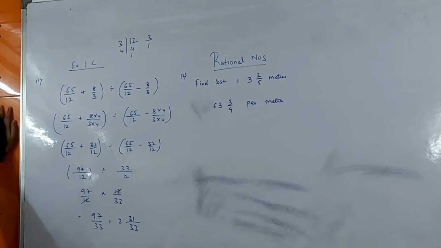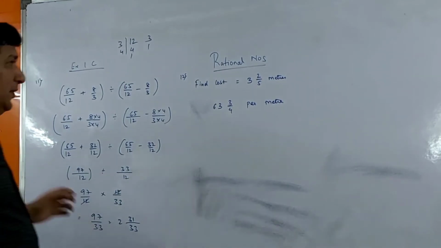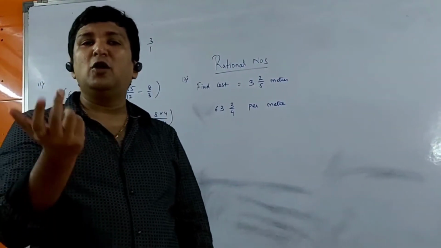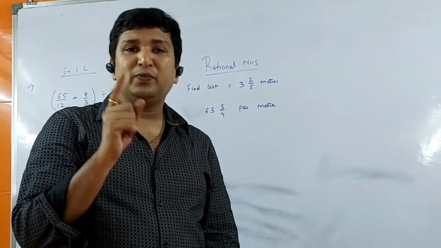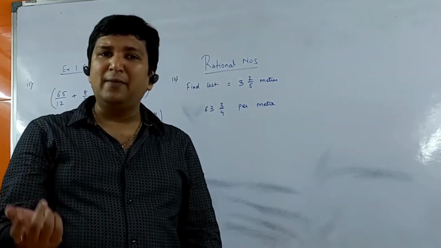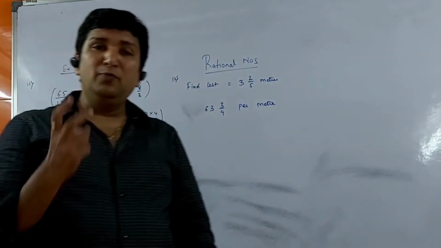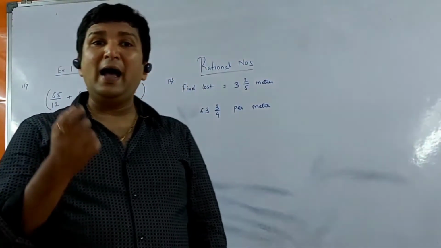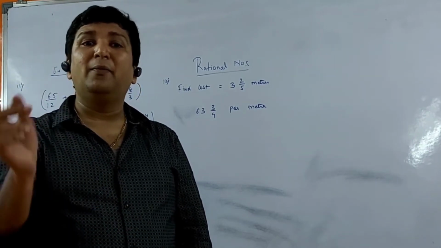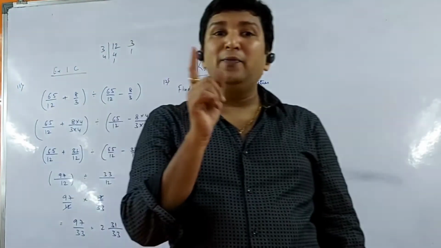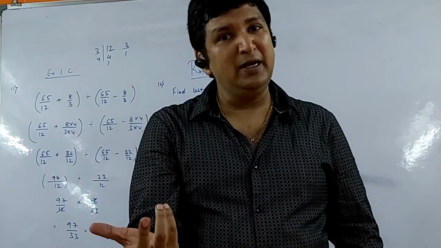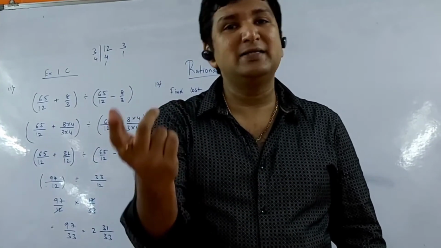So students, understand one thing. In case I give you an example, if one chocolate costs rupees 2, so 5 chocolates will cost how much? What will you do? Immediately 5 into 2. Similarly, if one pencil costs rupees 3, so 10 pencils will cost how much? 10 into 3, that is 30. So in both my examples, whenever I have the cost of one article, one unit available, I will just multiply by the number of quantities required. As I told you, one pencil will cost 3 rupees. That means the cost of one article, that is pencil, is 3. How much quantity do I require? 10. So 3 tens are 30.